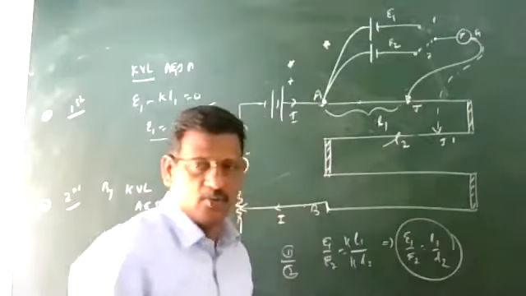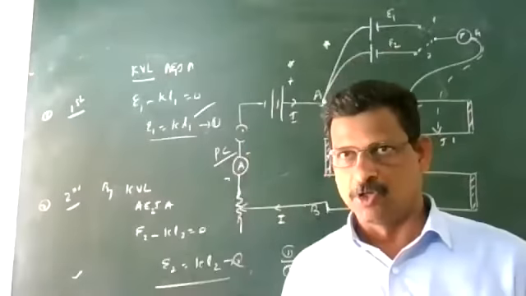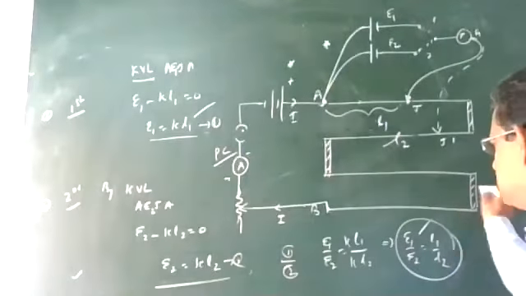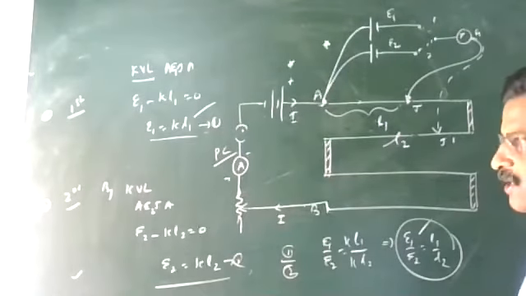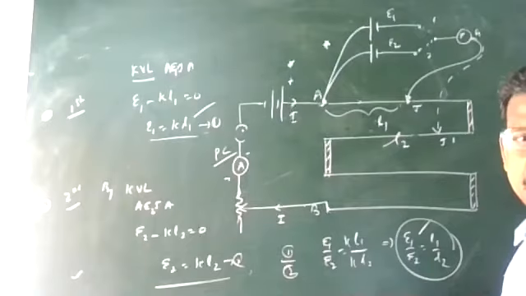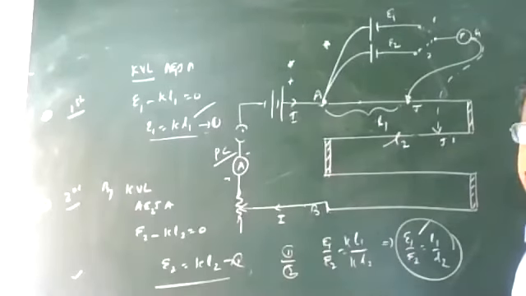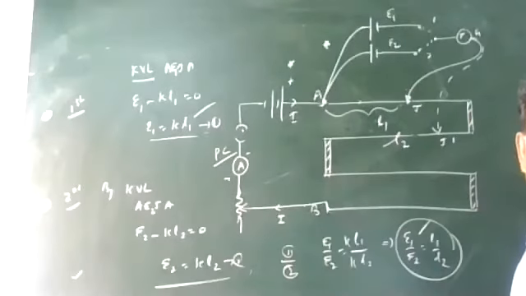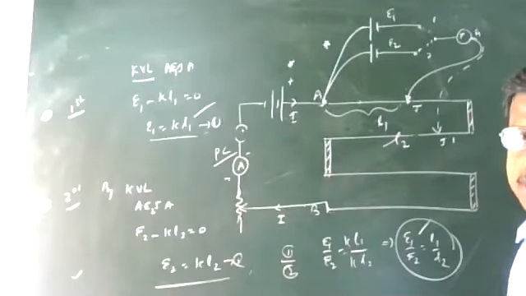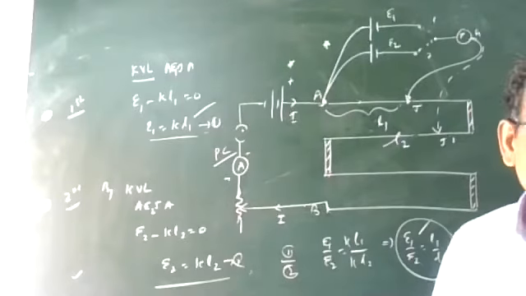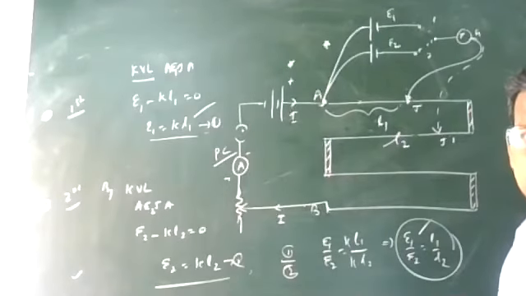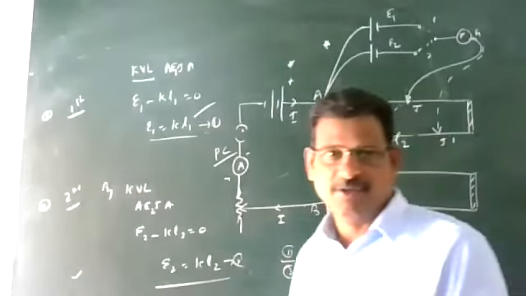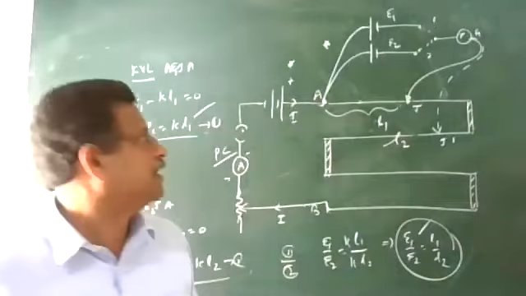So comparison you can do very easily. There is no use of the potential gradient K. Simply by taking the lengths, you can compare. That is the best device for comparing EMF as well as measuring the EMF of a cell because it does not draw any current from the cell. A voltmeter is not a good option for finding EMF because it takes some current from the cell, so the measured value is less. The potentiometer does not take any current for its working. It is giving very selfless service. So the EMF measurement is more accurate in this case.